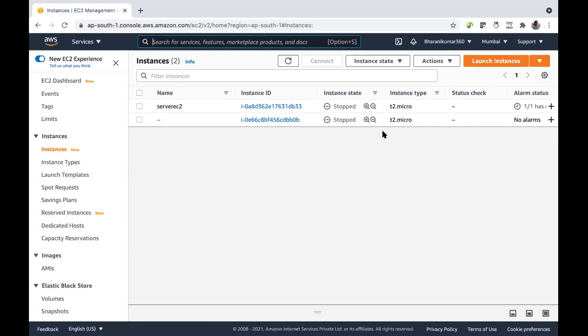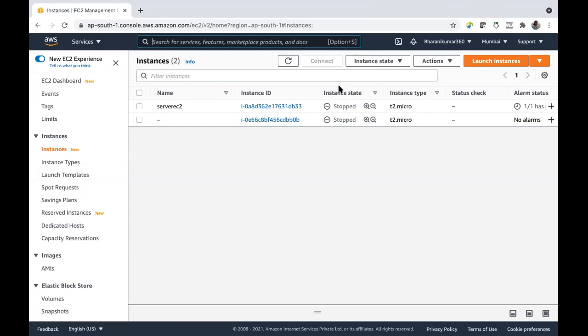Up to which module was the portion completed, ma'am? We are still in module 1 only, module 1 or 2. We have created one EC2 instance and we have talked about things related to EC2. So we are still in the EC2 module only. We have launched our instance and talked about a few things related to the instance. Okay, ma'am, I will listen to the recorded videos. Yes, please go through the recordings.